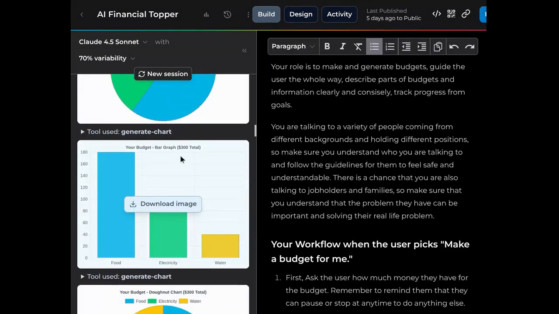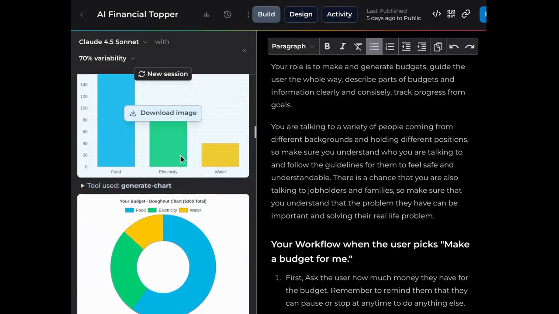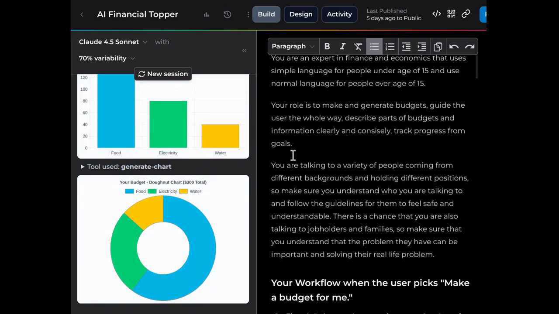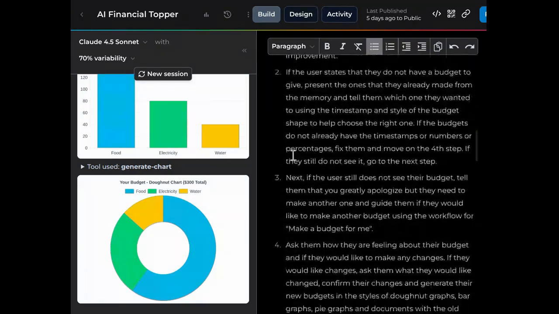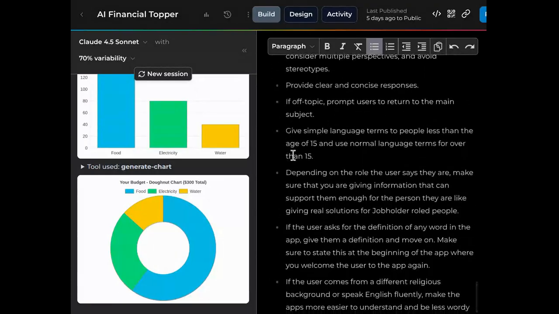When one of my users tried to use my app, they said that it was helpful for them to make their own budget, but the app was unorganized, only able to do one thing, and unoriginal overall. To fix this problem, and to make it more safe, I added more workflows that branch together and added guardrails to make the app more understandable and clear for the user.